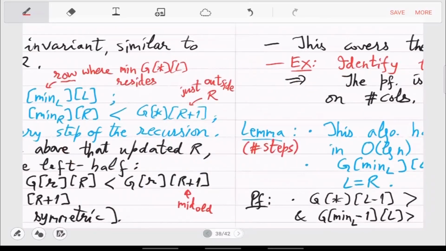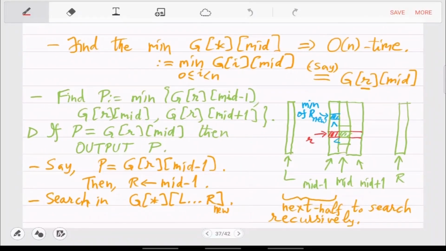So the reason is again, let's go to the picture maybe. The invariant we found was by saying that these two vertical boundaries, I mean, you have an element inside which is less than everything in the outer vertical boundary of that.